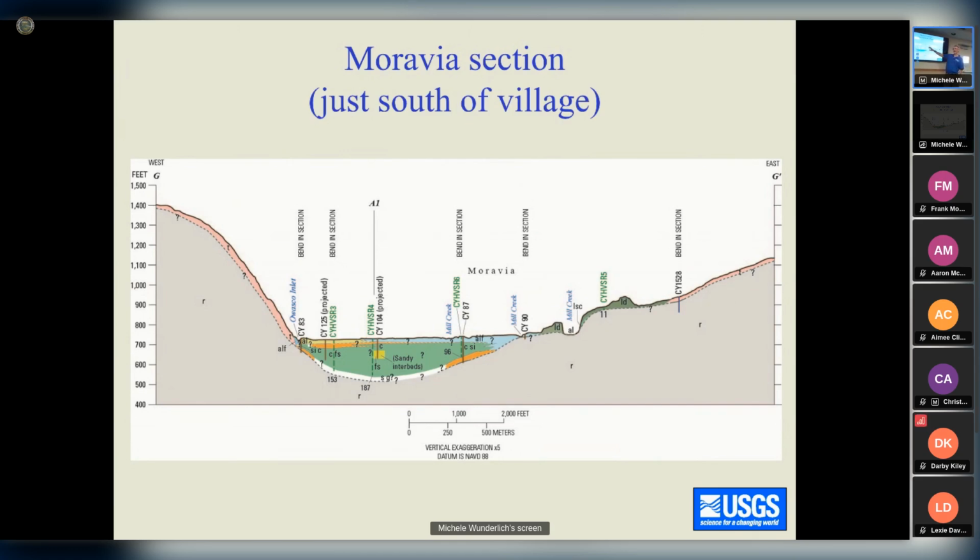So that's from Decker and Dresserville creeks, and as soon as the ice was out of the area, that upland area had probably a lot of unstable sediments, and some of the fan deposits may be interbedded with the Glacial Lake deposits. And in fact, the Moravia well field, the wells are only 30, 35 feet deep.